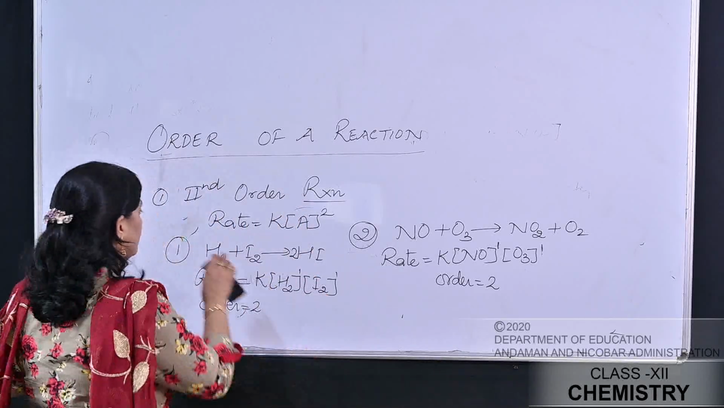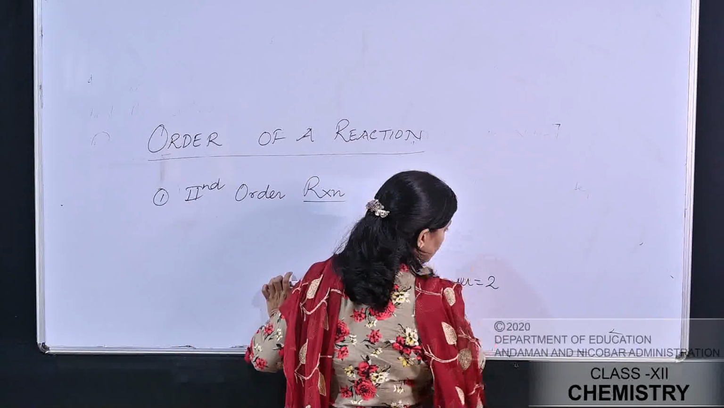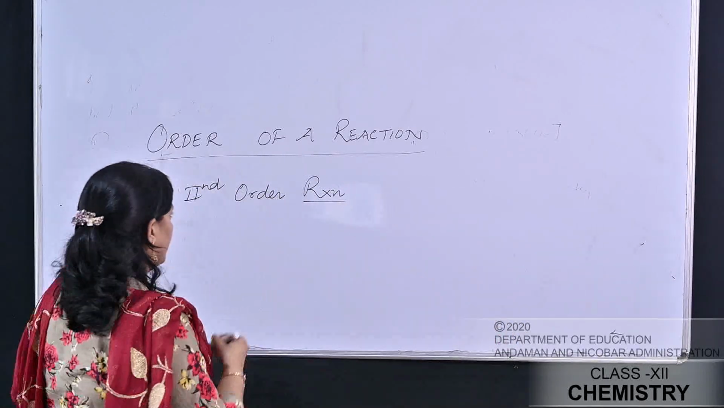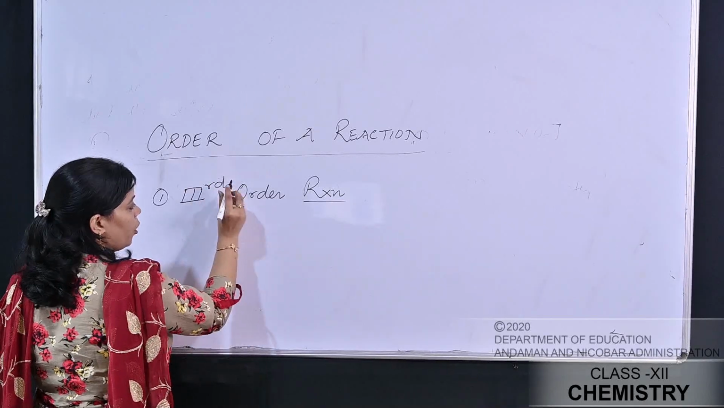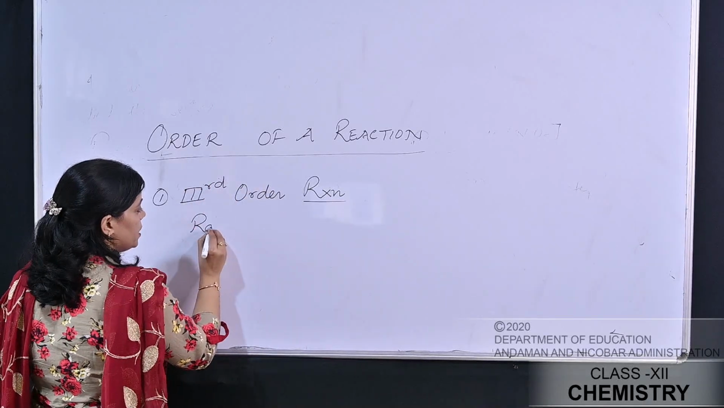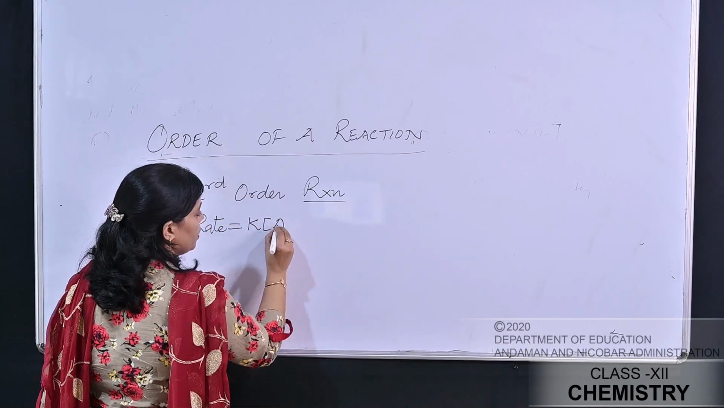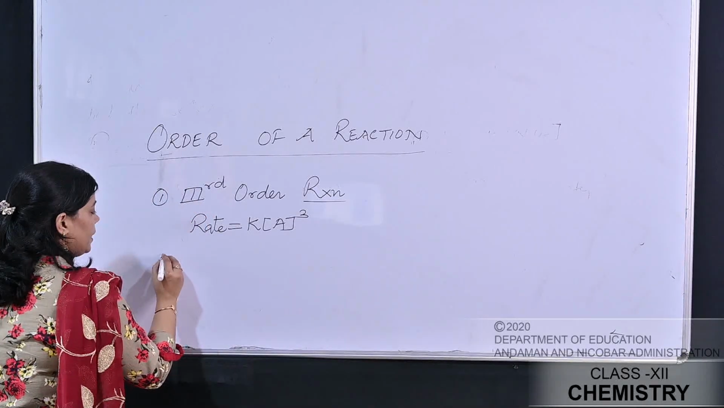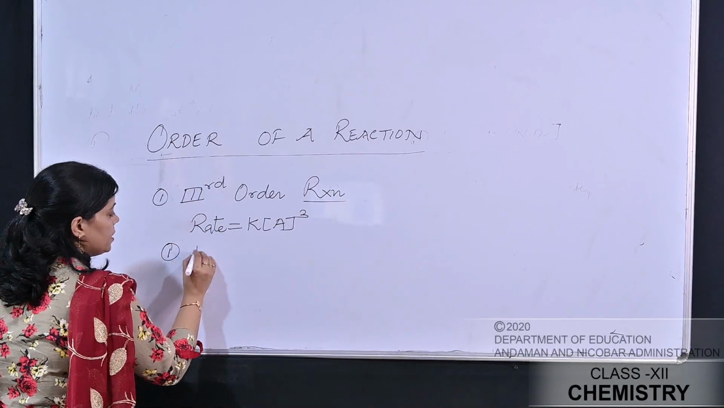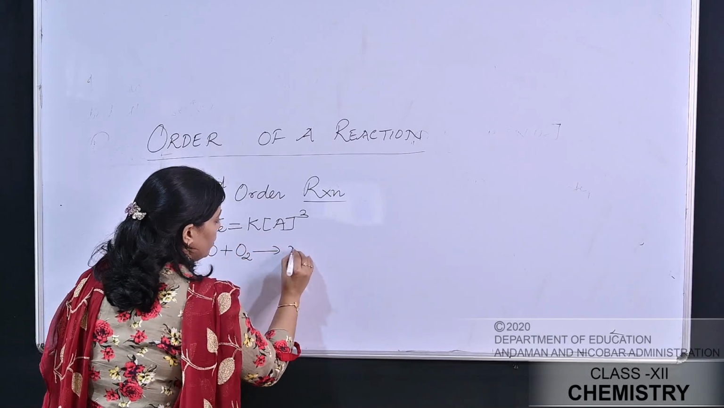After that we come to the next, that is the third order reaction. For the third order reaction the rate equation is written as rate is equal to K, concentration of the reactant A raised to power 3. Okay students, and the example of the third order reaction is the oxidation of nitrogen oxide to give